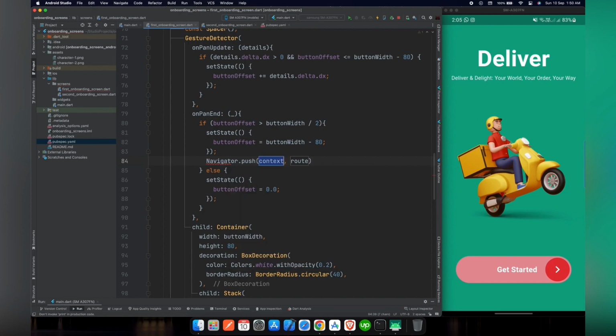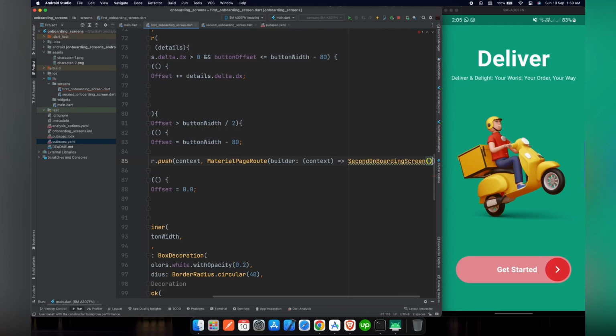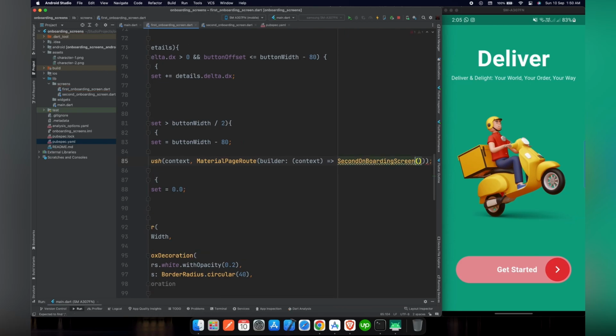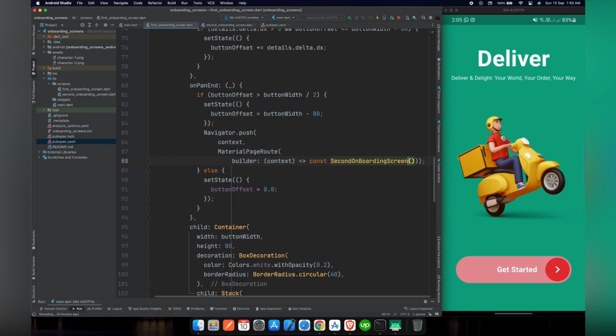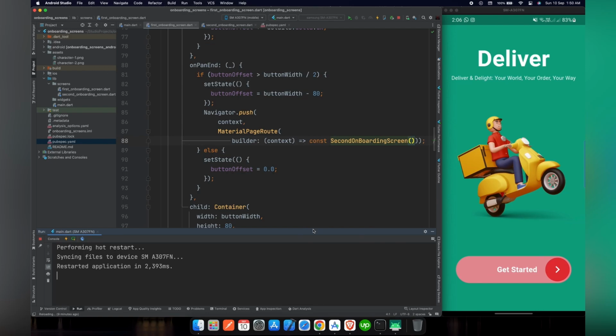on its own. So now what we can do is on pan end we can use a navigator. A navigator is used to push screens on top of each other. We will use navigator.push, and inside this we have to pass the context and the material page route. And we have already defined the second stateful widget, that is second onboarding screen, and I have defined that already. So now if we restart our application to take the effect of our code,